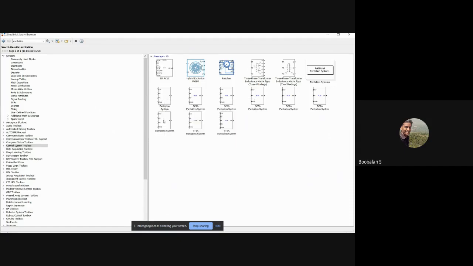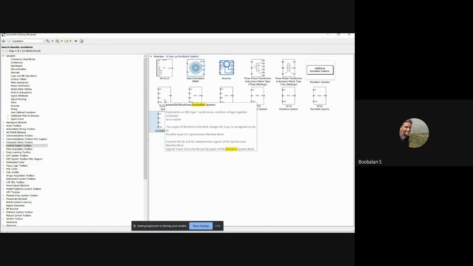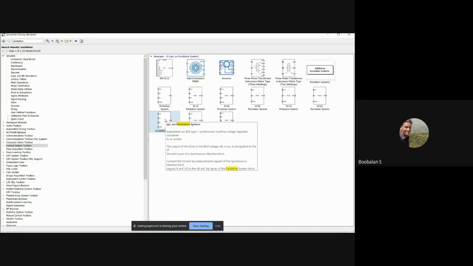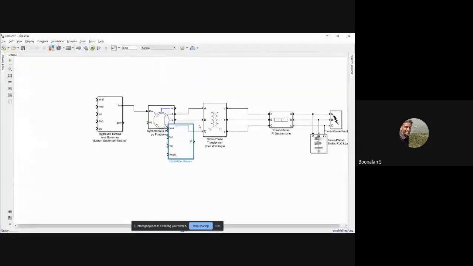Right, just right click on it. AVR, right? Not in my Power Library machines. We are just looking for an AVR library. You could just navigate to this function. In this pop-up window, you could see SPS automatic voltage regulator excitation. We need this automatic voltage regulator based excitation. Just right click on it and add the block. Right? This is also going to come over. This is my voltage excitation or field excitation. You could rename it to field excitation system.